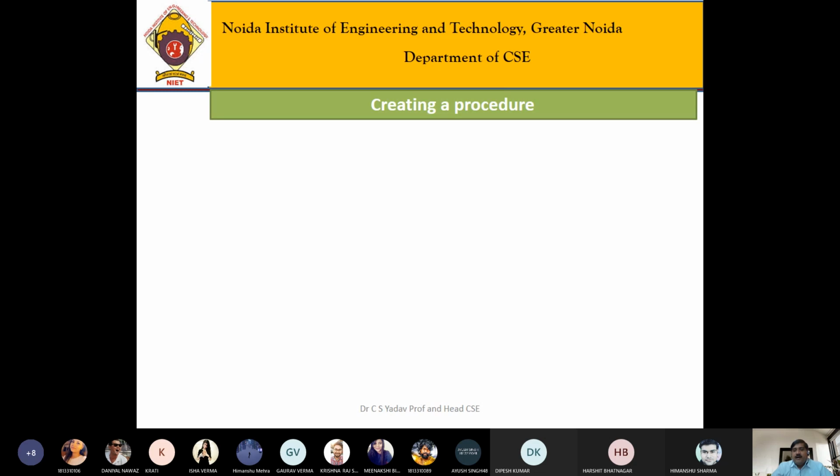After creating the procedure, we can call that procedure in another PL/SQL block. In any web application, we can call that procedure. In a Java program, we can call the procedure. In a Python program, we can call the procedure by its name. It's just like the function concept in C language. Okay, did you get it? Yes, sir.